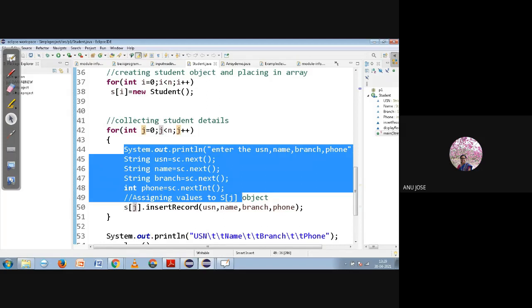When we were writing the program on our own, I had written it like that. I was telling you, inside the function we will be reading the data corresponding to that particular object. So it is not mandatory to collect it from main and transfer to the function. You can even collect the details from the function itself. Okay, ma'am. Thank you, ma'am. Anyone else?